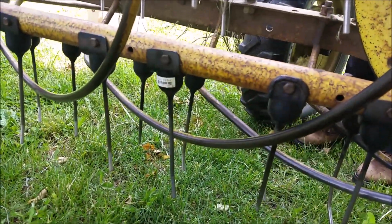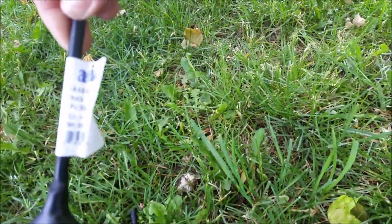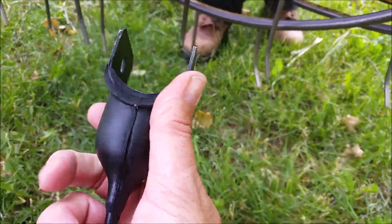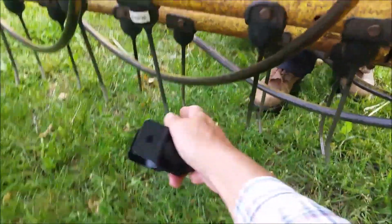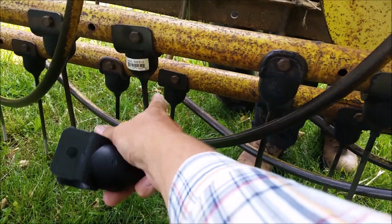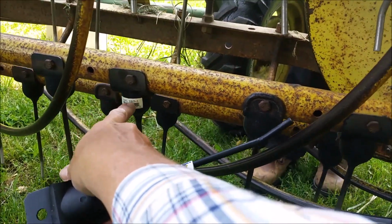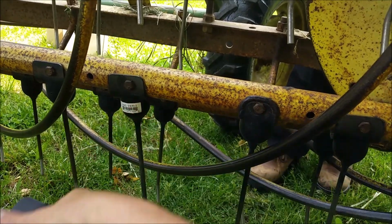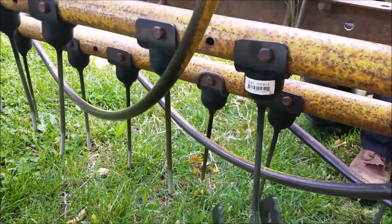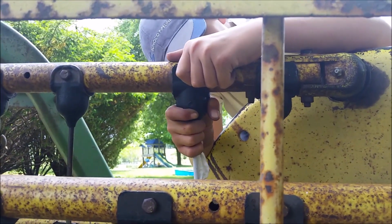So we called them, and now they have this one called AI Products hay rake tooth, and it's a lot heavier of a plastic boot. The material is harder, and we were finding that the ones at Tractor Supply were getting softer and softer, so they're just breaking too soon. This is, I think, one from Tractor Supply. It says A&L UST-1. So that's mounted on there. See how much that's moving around. He'll get another one of those on there for me, and we'll see how